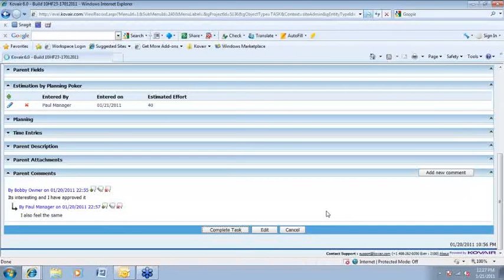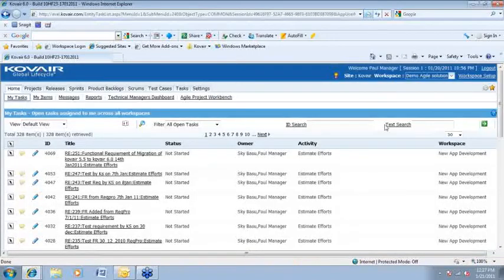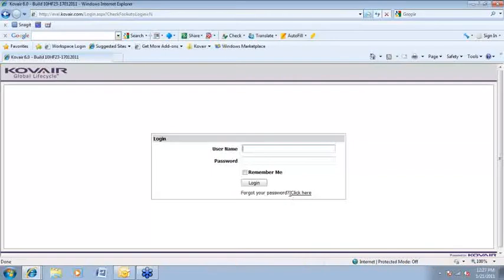So now I would log in as Thomas to provide his estimation of what he feels about the estimated time that might take to implement this user story. So let me log in as Thomas. From this you can very well understand that once every user logs into the application, he very well knows